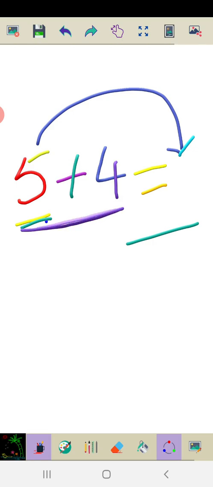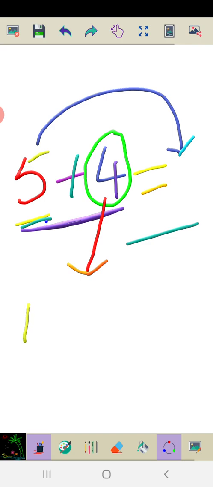So how to find out the new number? In this 5 I am adding 4. So these 4 can be fruits or 4 balls or 4 pens or 4 pencils. It can be anything which is 4 in number. So in general I am drawing 4 lines here. These 4 lines can be 4 fruits, 4 pens, 4 pencils, or 1 pen, 1 pencil, 1 fruit, 1 vegetable. It can be anything which is 4 in number.